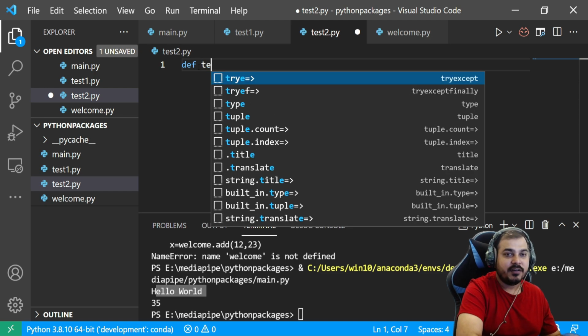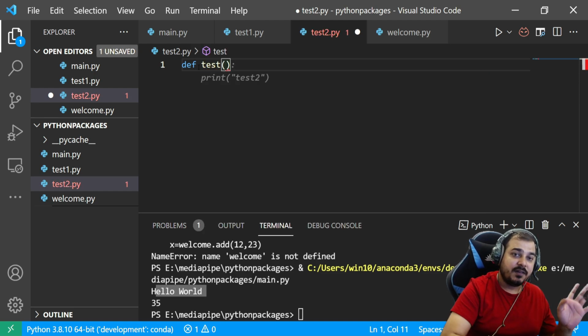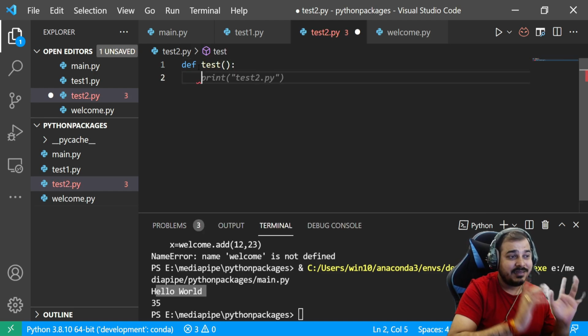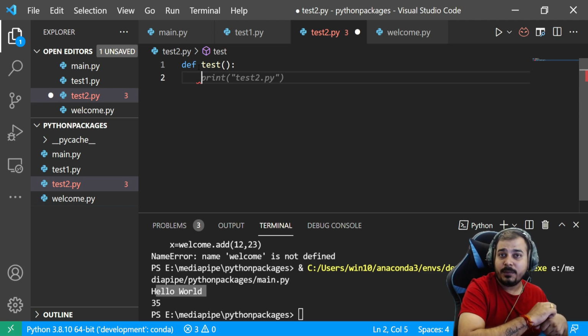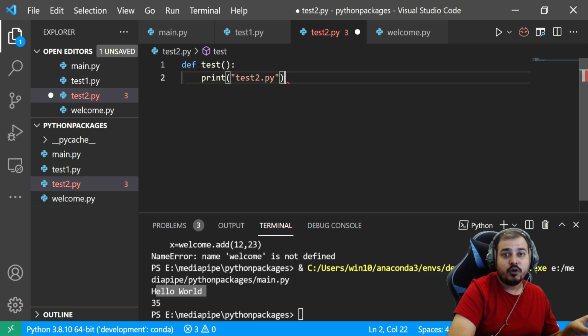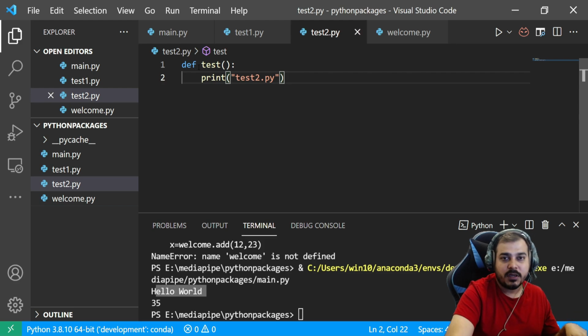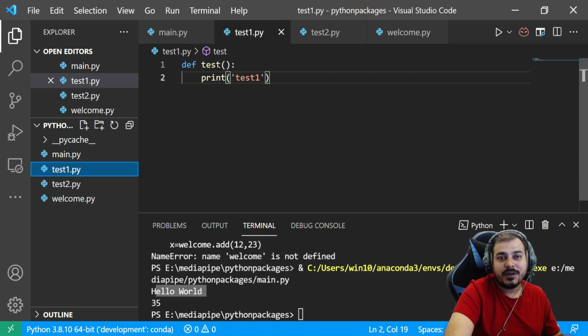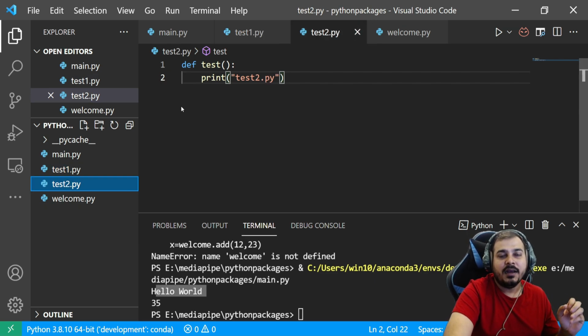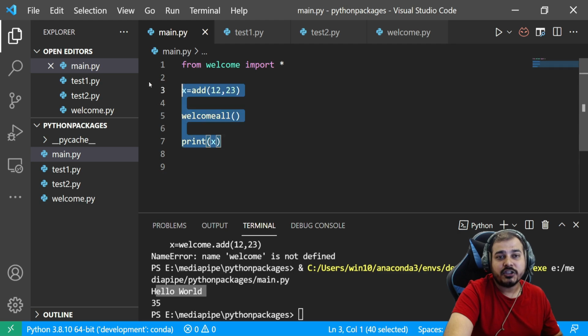Here I will just say def test again. Remember, the function name I'm using is the same in both test1.py and test2.py. So here I'm going to print test2.py. Very simple. So in test1.py I'm using a test function and saying print test1. In the second file, test2, again I'm using the same function. Now suppose I want to call this particular function over here.